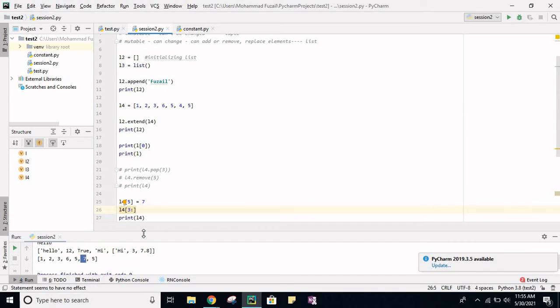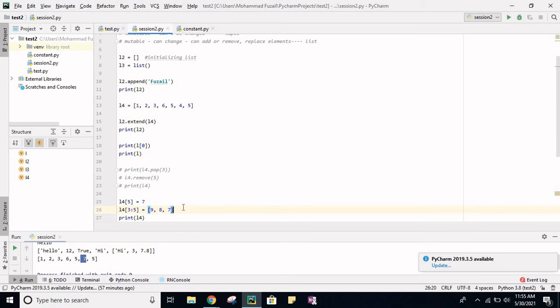So we'll get the elements from 3 to 5. This has index 3, this has index 5. Since we want to replace these, we'll say get the elements from index 3 to 5 and replace all these elements with 9, 8, 7.